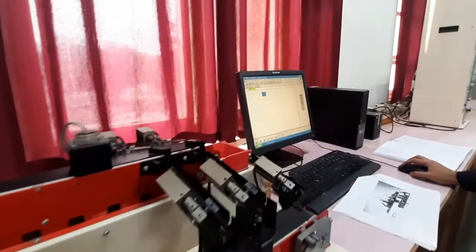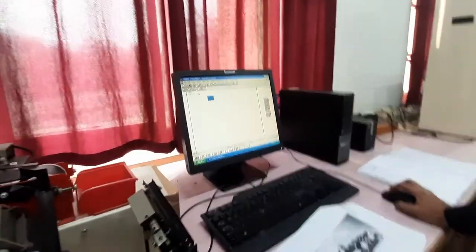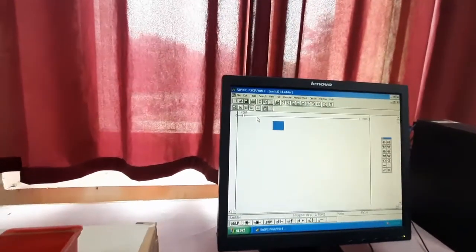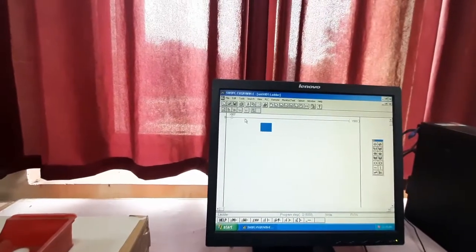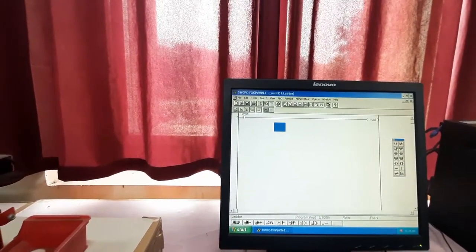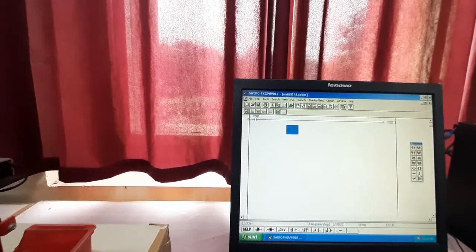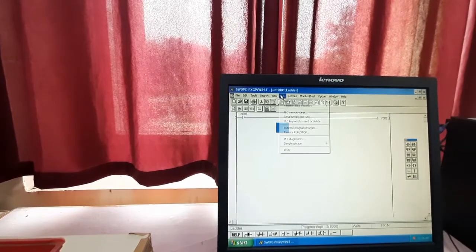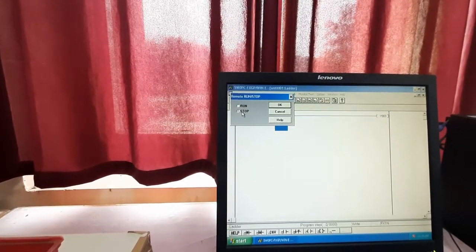Now suppose we want our conveyor belt to be on for the entire time whenever we are doing our experiment, and we want to stop it with a stop switch. We can do this also. How? First we have to stop the operation that is running right now.